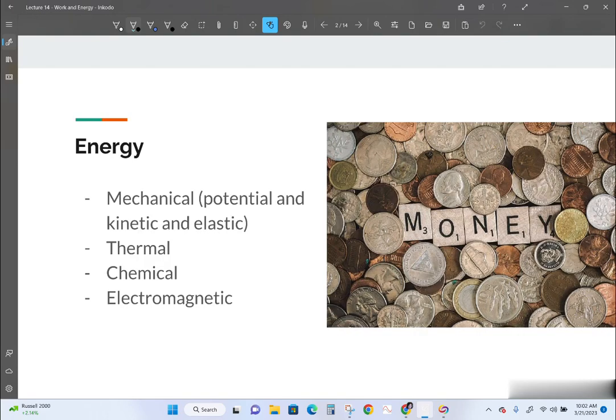So, what is energy? Energy is like money. It comes in lots of different forms, and you either have that form of it or you don't. So, just like money has pennies and quarters and even different types of money, depending on what country you're in, or whether it's credit on a plastic credit card or a debit card or a savings, all of these different types of money you may have some or none, and you can exchange one for the other, right? You can give somebody 4 quarters and get a dollar bill from it. So energy is very much like that.